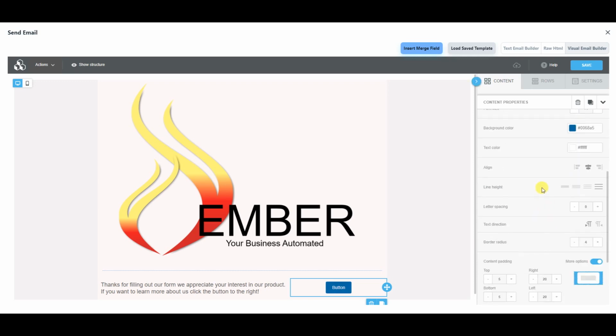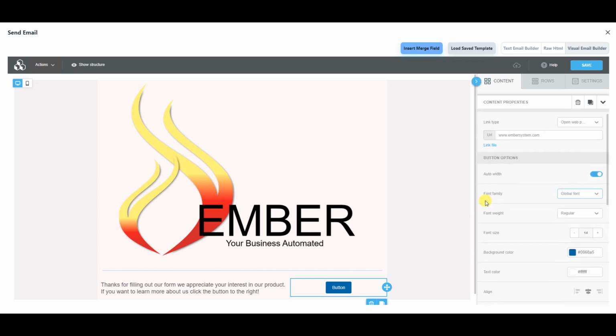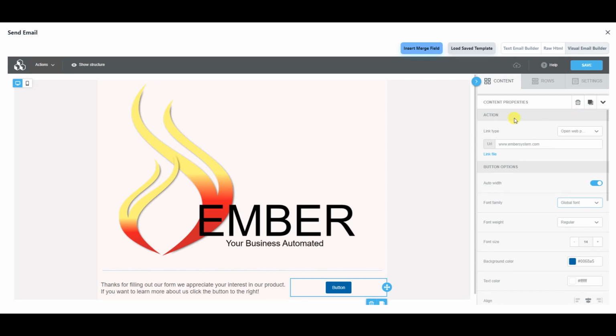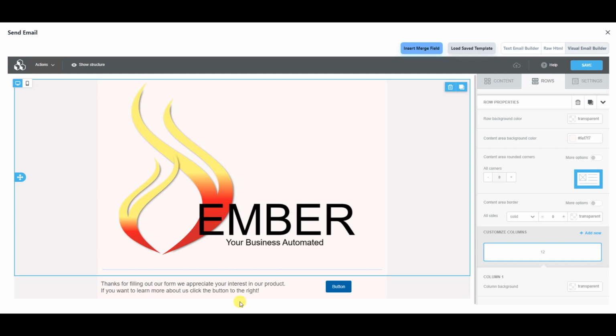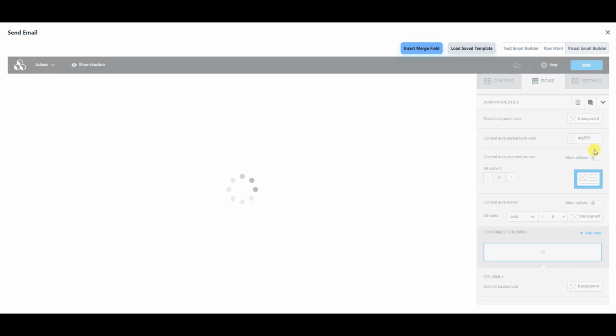All right, and then you could change the text color. We're gonna stick with white because it looks nice on that blue background, but you have that option to be able to change, and alignment as well. All right, so let's finish with that and back out of this. We're done. We can create for days in here, but we just wanted to create something real simple, and you always have help if you get lost or you can't figure it out. It's very simple, but you have help here. Okay, so let's save that,